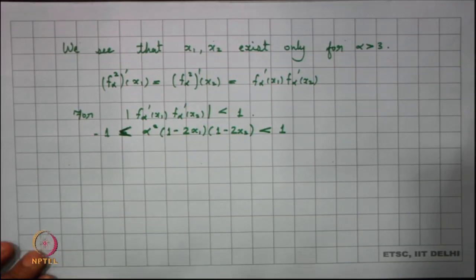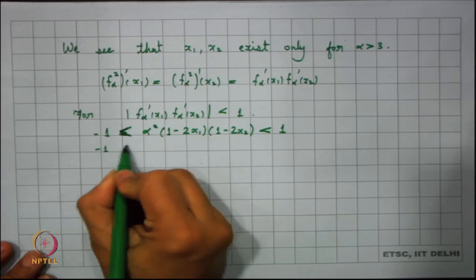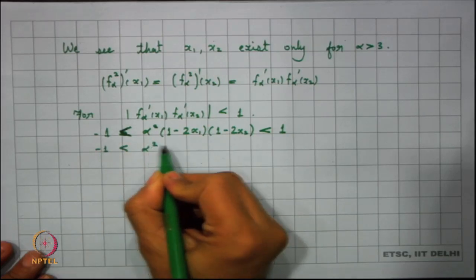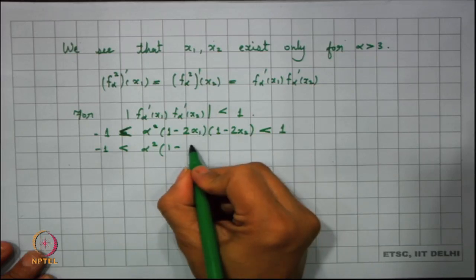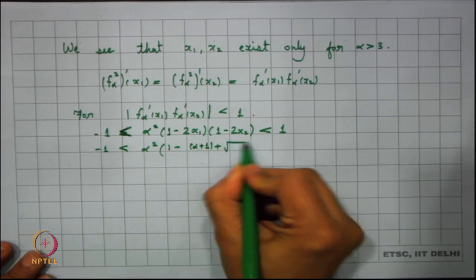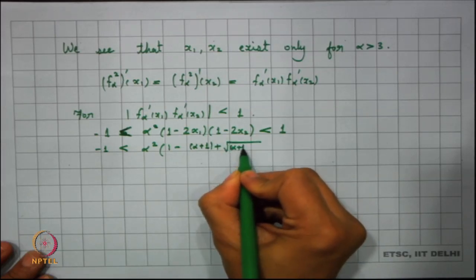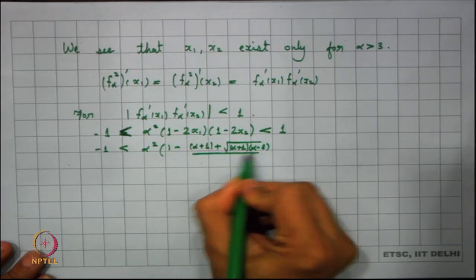I can push in the values of x1 and x2 here. So, that gives me minus 1 is less than alpha square. I have 1 minus, right. So, I can write this as alpha plus 1, right, plus root of alpha plus 1 into alpha minus 3 divided by alpha